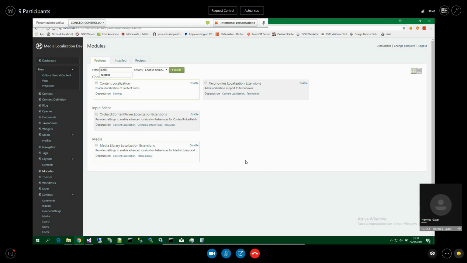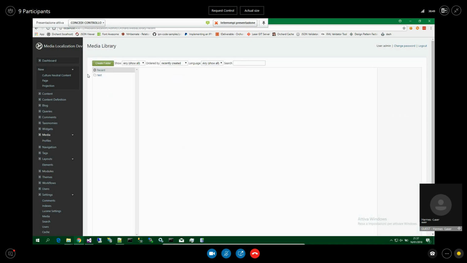It adds a filter form to the media library console, so this one is the filter, and it adds to all media library picker fields a setting in order to manage what the field should do when media is there.